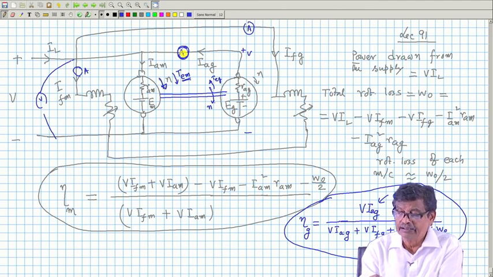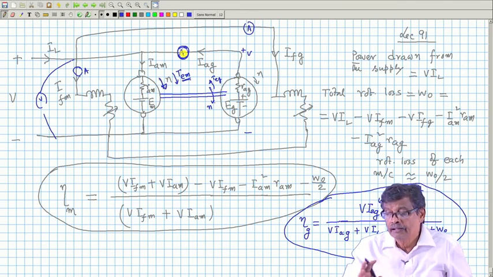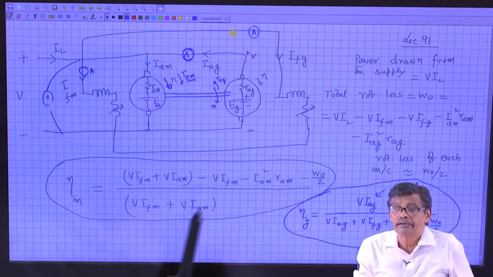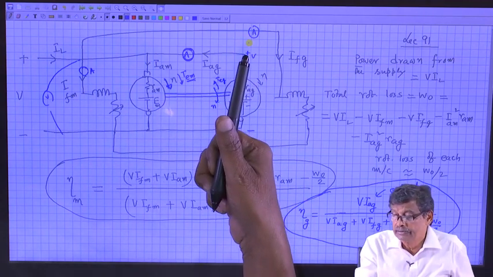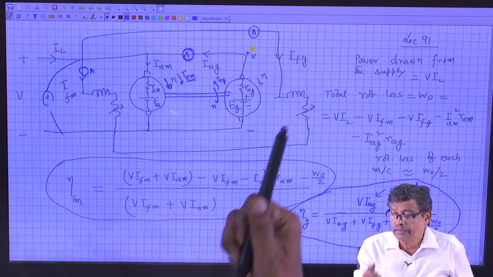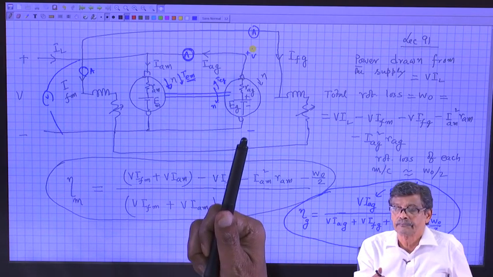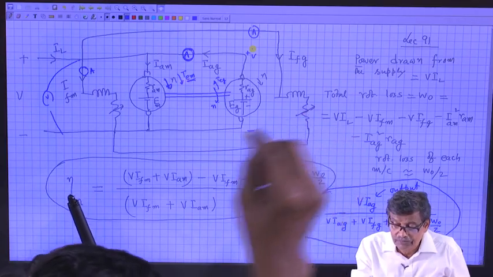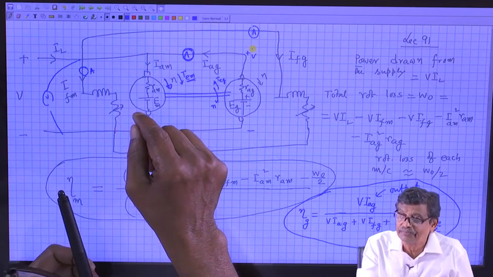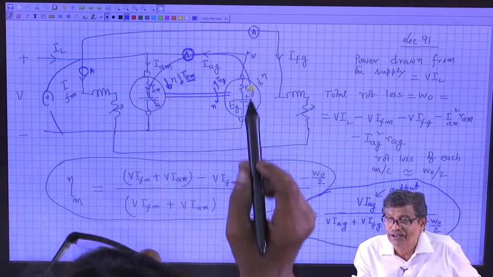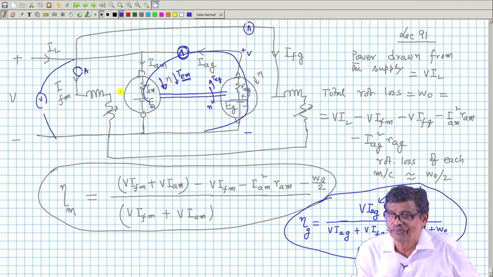When the setup is running with all meters showing, I can conclude from the readings of the motor and generator field current that whichever field winding is carrying higher current will be acting as a generator. See, after you have paralleled them, you can do it like this. I will reduce the field current of this one and increase the field current of this one. Then this fellow will start acting as a generator, and this fellow will act as a motor.